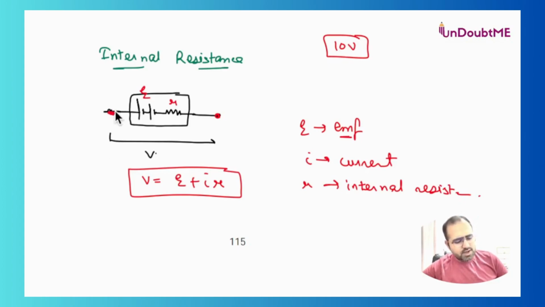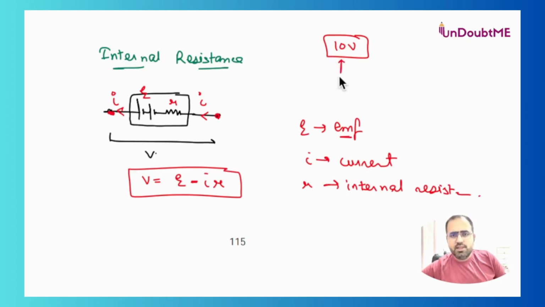And if we have to see the net potential across this, if I'm talking about the net potential in the direction of current, the direction of current will be like this only. So in the direction of current, there is always a voltage drop across the resistor. So there has to be a minus sign over here. Just change that. It will be E minus Ir, because